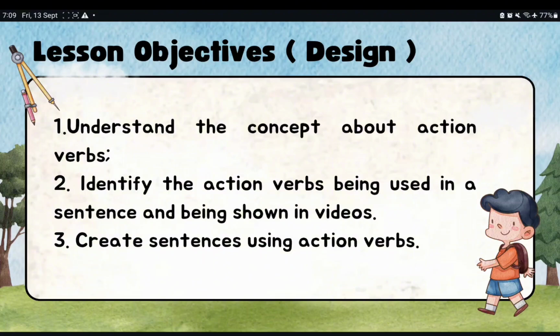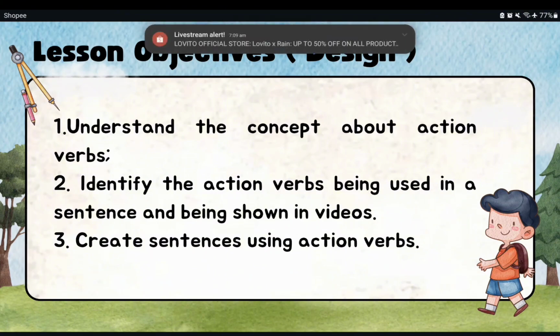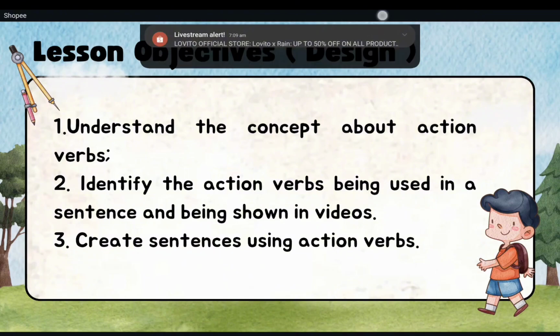And the design or the lesson objectives. So at the end of the lesson, the learners are expected to understand the concept of action verbs, identify the action verbs being used in a sentence and being shown in videos, create sentences using action verbs,